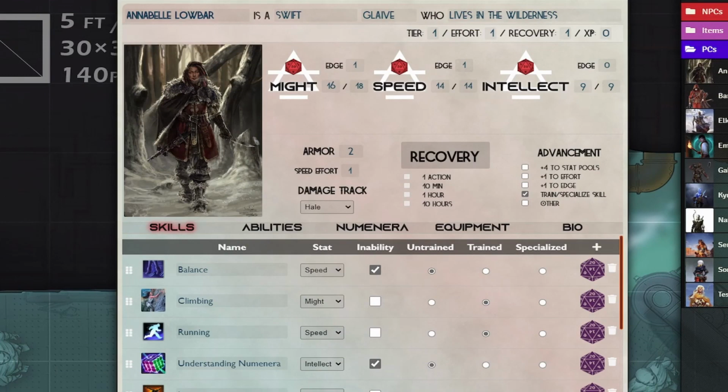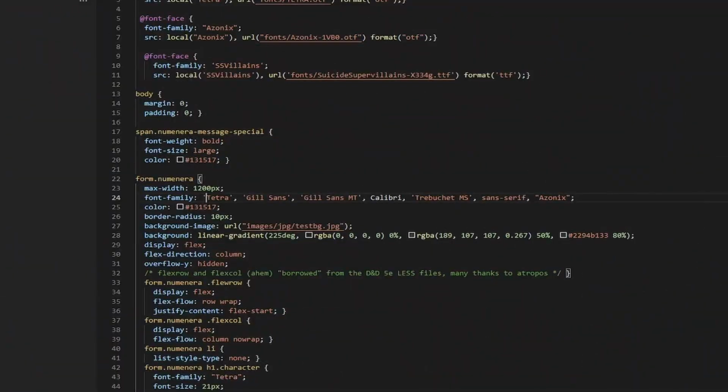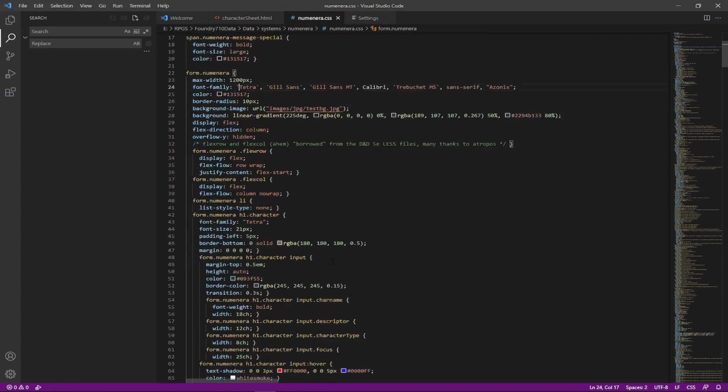Now, once you have a font and it's working, then you're going to have to go and put it in the code and test it out again to see how it looks. For example, if I wanted to change this up here, right? Like I'm changing this up here, and let's say I want to change it to this, which is Azonix is the name of this, but I want this to be Azonix. So I'm going to go back to my code, and the place that you're going to look for is form.numenera H1 character. Now I've done this so much that I know